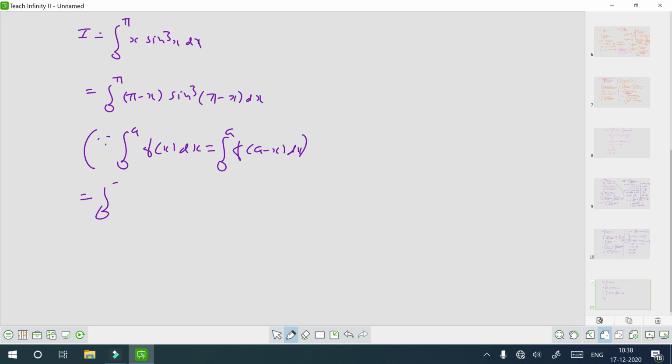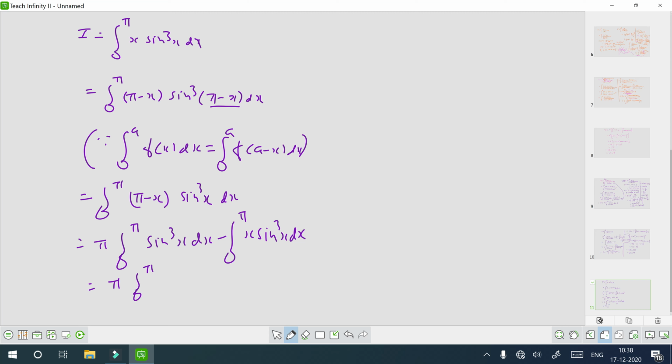So that is equal to integral 0 to pi of pi minus x sine cube x, because in the second quadrant the sine function is positive. So separate it: pi integral 0 to pi sine cube x dx minus integral 0 to pi x sine cube x dx. So that is equal to pi integral 0 to pi sine cube x dx minus I. So 2I is equal to pi integral 0 to pi